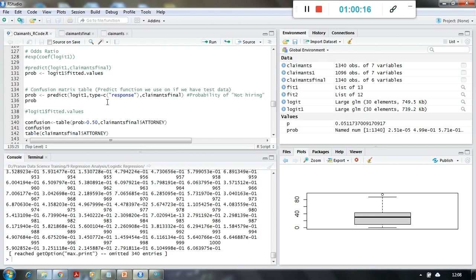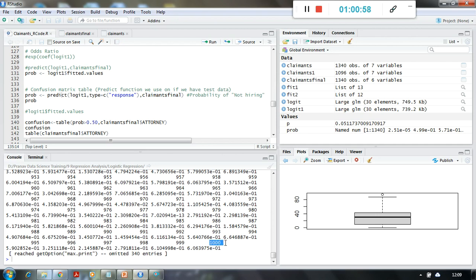If we split the data into train and test, the data in the training set we use for model building purpose, and the data in the test data set we use for the validation purpose. So whenever test data has to be validated, we can use the predict function, right? Here I have not split the data into train and test. I am giving the entire original data on which my model has been built, so the results will be similar.